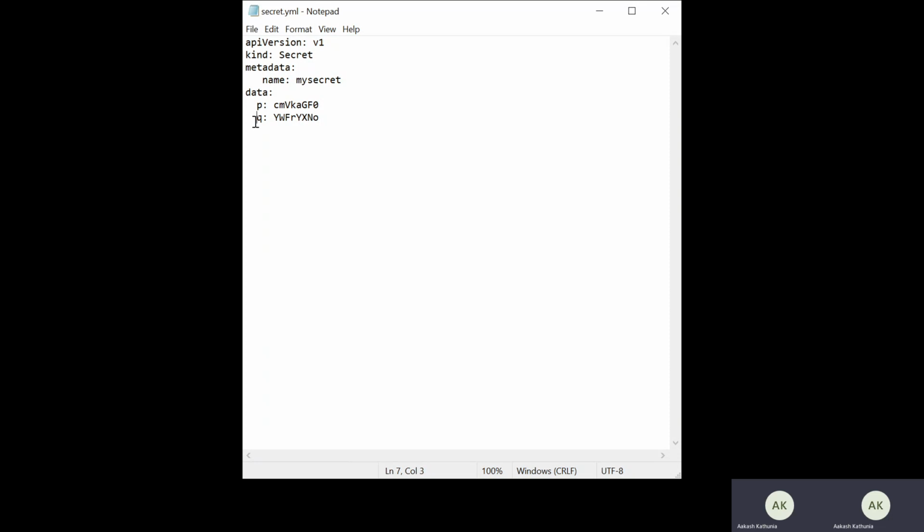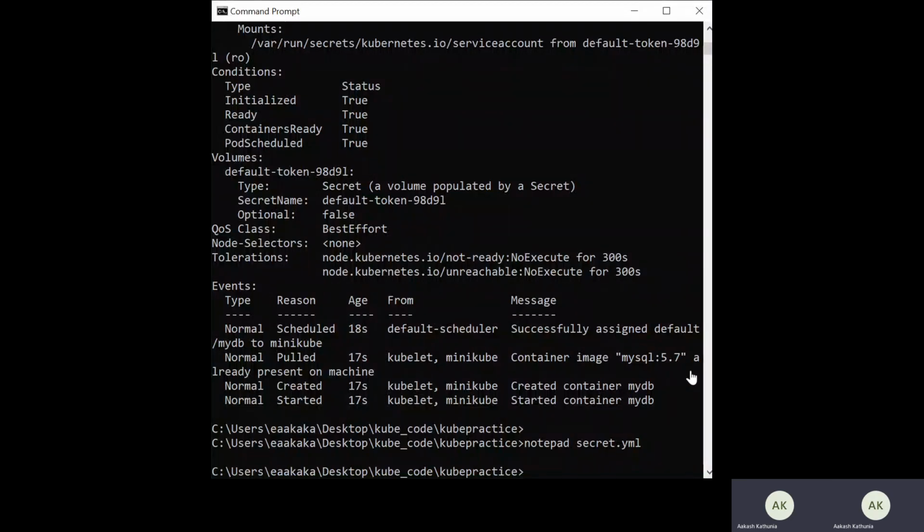I gave it any key like q. Okay, inside it I pasted the value. So now I'll go back to the terminal, and let me check whether the secret is visible: kubectl get secrets.